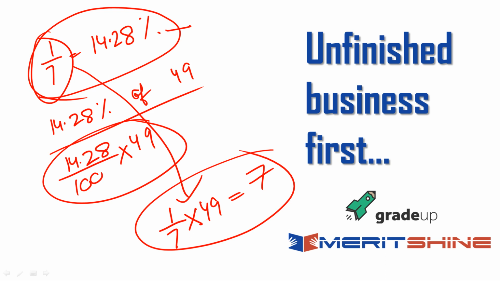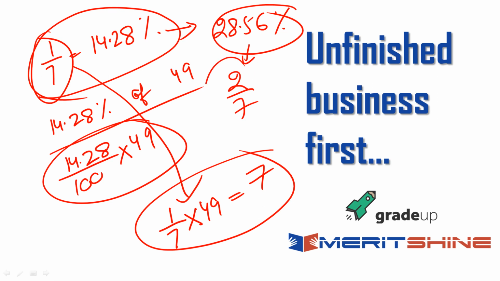Now we can extend it by saying that 28.56% would be double of 1 by 7. Since 14.28 is 1 by 7, 28.56 becomes 2 by 7. And thereby continues the logic. So I have asked you to memorize the reciprocals up to 30 and their multiples. Not all the multiples, only those multiples that are there in the maths app. So we have just put selected multiples there. If you do just those, they'll do.